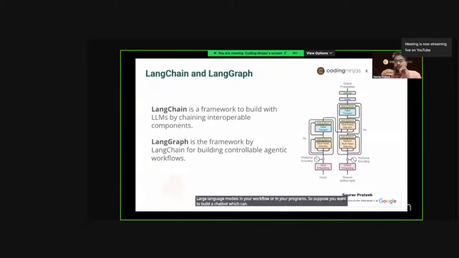User queries and give that query to a large language model, get the response back from the model, and show that to the user. So if you want to do some processing on top of it, you can do that in your workflow. So if you want to build such kind of agents, you can use LangChain,